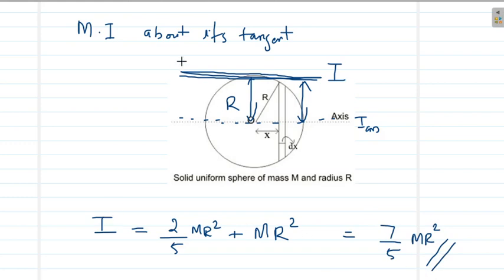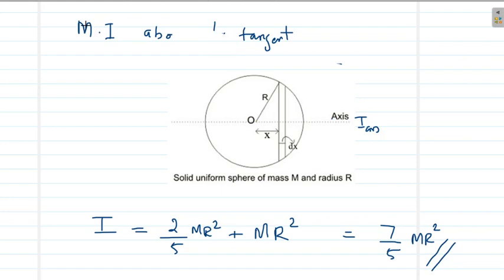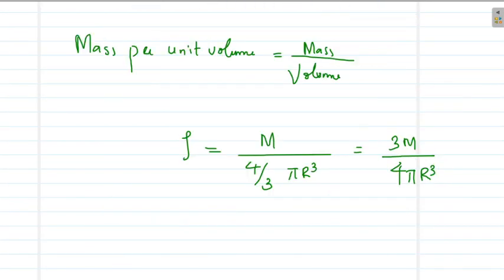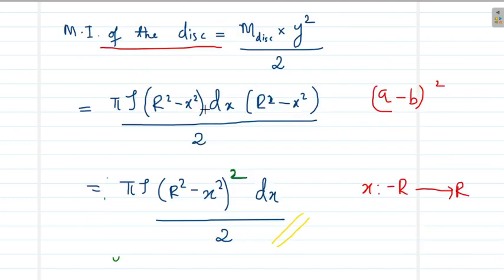So as you can see, this moment of inertia is greater than the moment of inertia about the axis which passes through the center of mass. So it will be difficult to rotate a sphere about this tangential axis, and it is easier to rotate a sphere about an axis that passes through its middle point, its center point. I hope this calculation part is clear for you, how to calculate the total moment of inertia of the sphere, and the integration is clear for you. Thank you.